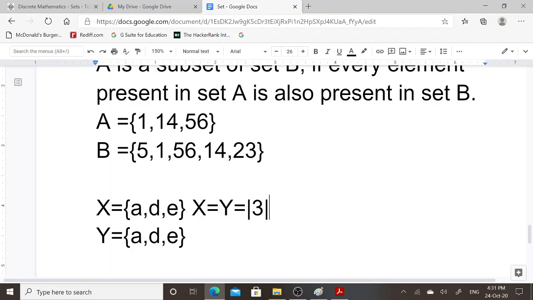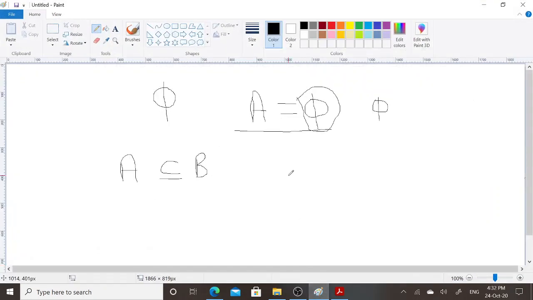So in this case, X is subset of Y as well as Y is also subset of X, and it is written as X is subset of Y and Y is also subset of X.